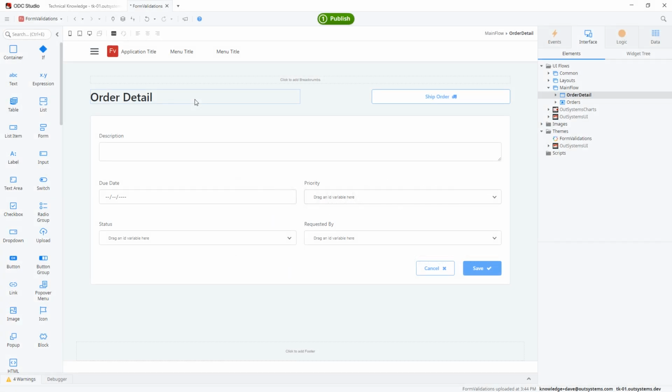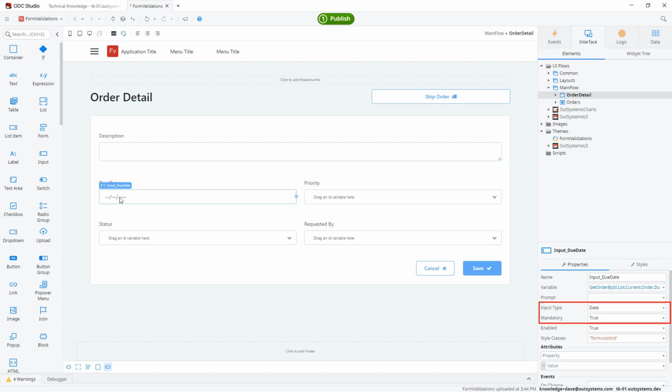In this demo, we will see how built-in form validations of input fields work in OutSystems. In this app, we already have the order detail screen, with a form containing input fields related to an order. If we select the due date input field, we can see on its properties the input type of the field